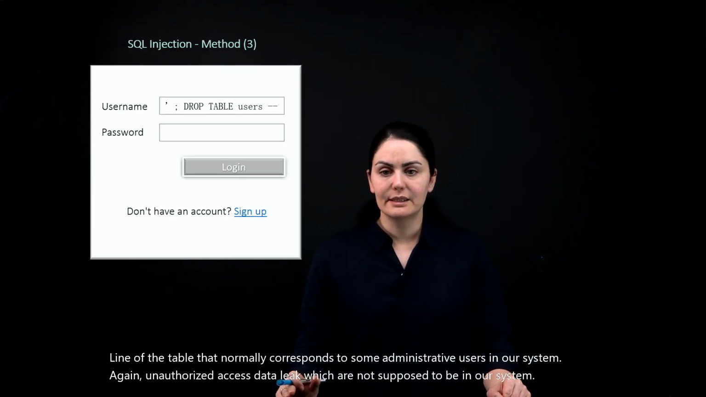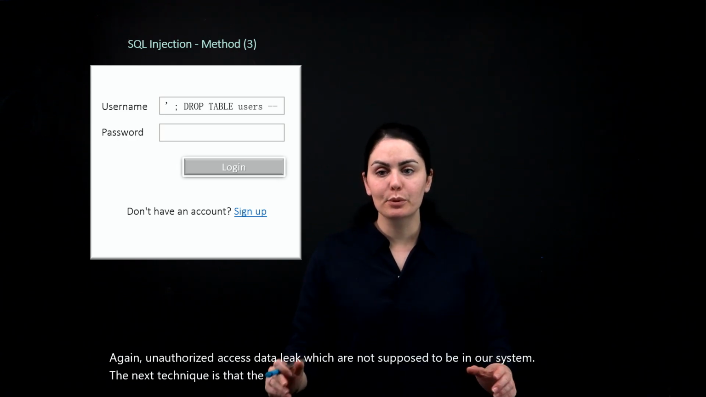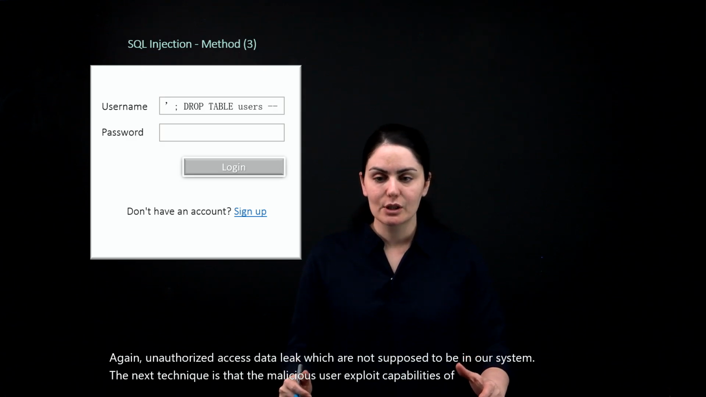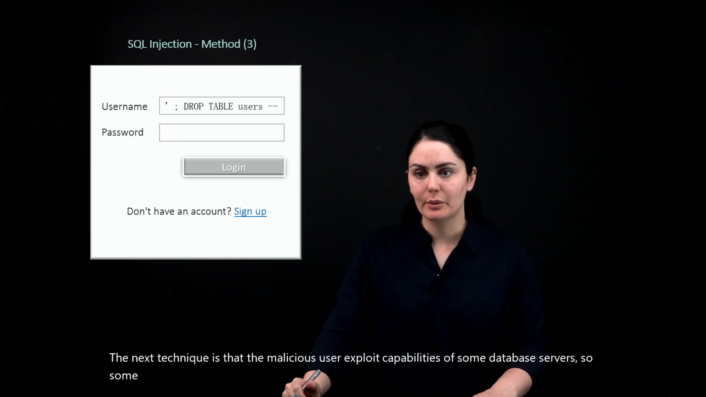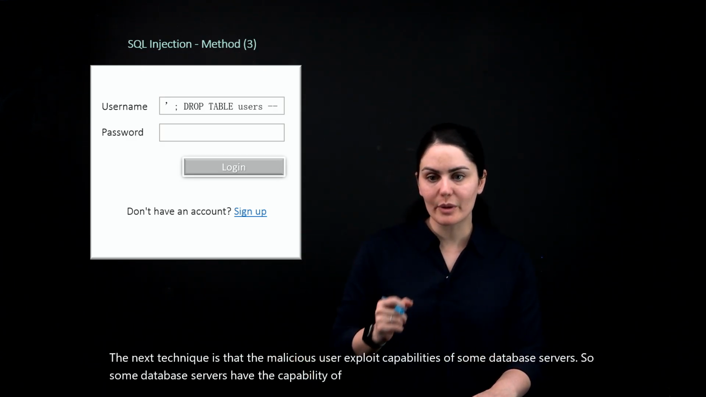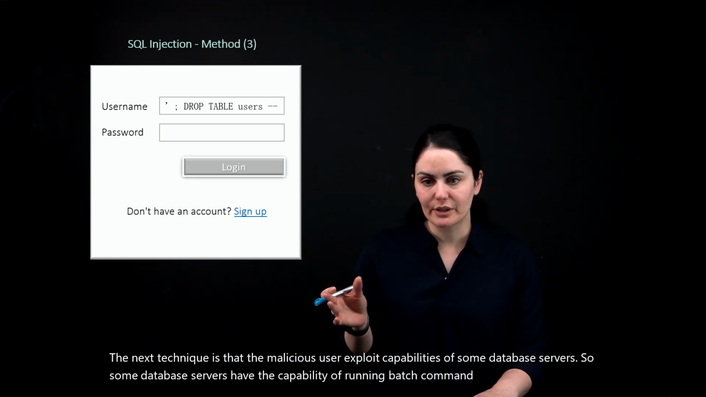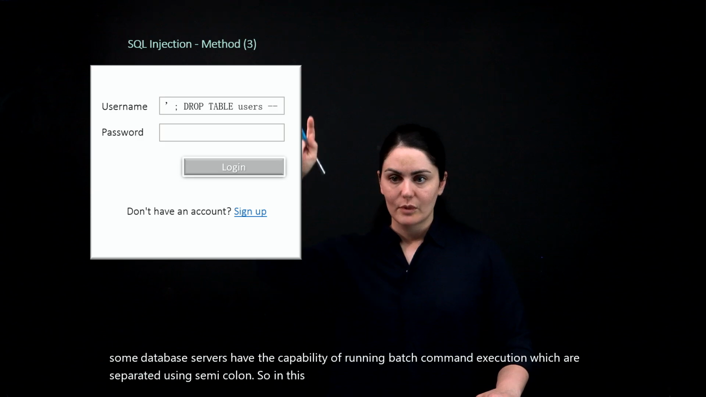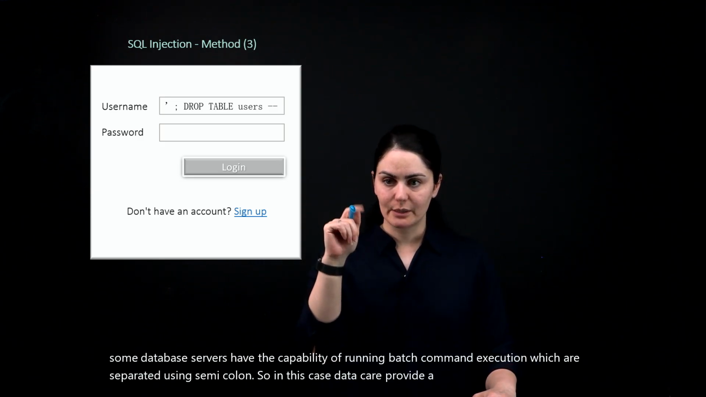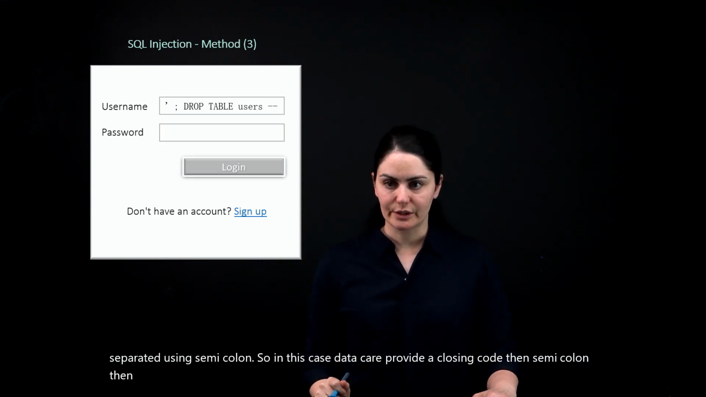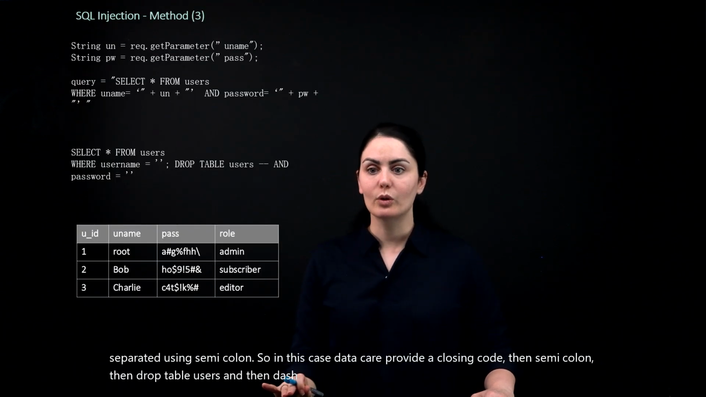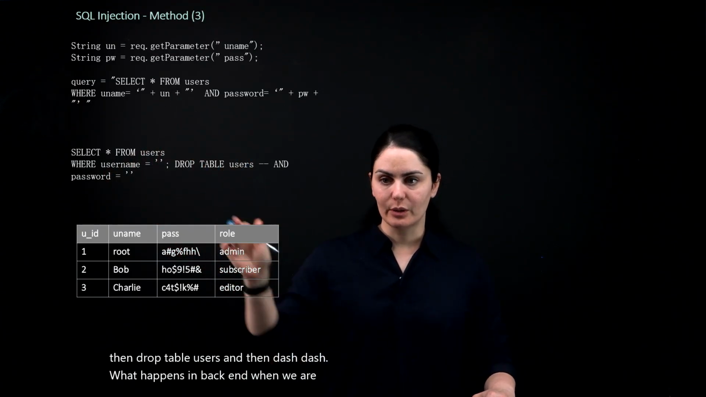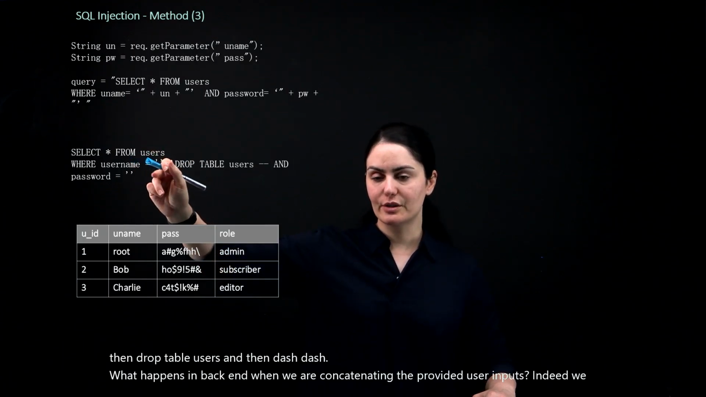The next technique is that the malicious user exploits capabilities of some database servers. Some database servers have the capability of running batch command execution, which are separated using semicolon. In this case, the attacker provides a closing code, then semicolon, then drop table users, and then dash dash. What happens in the backend? When we are concatenating the provided user inputs,